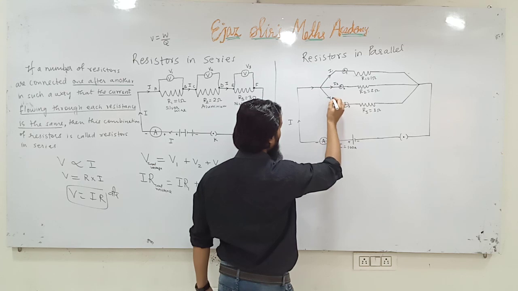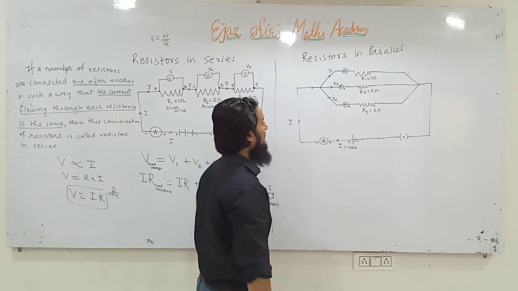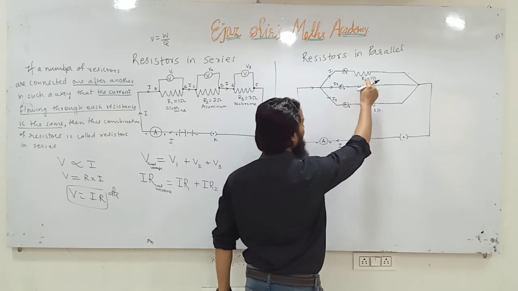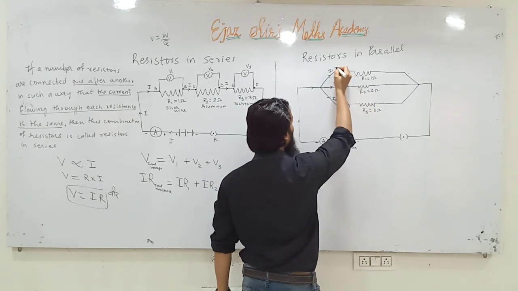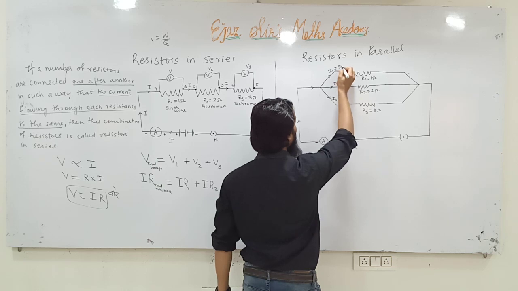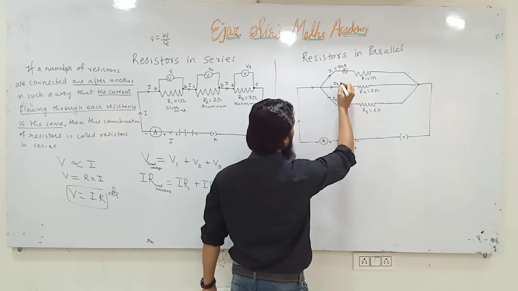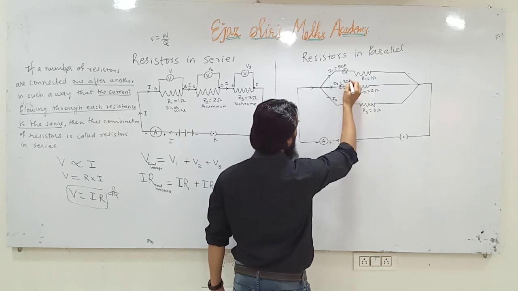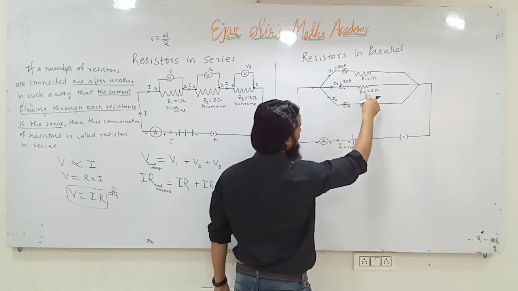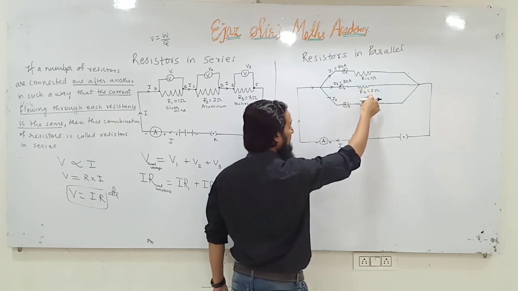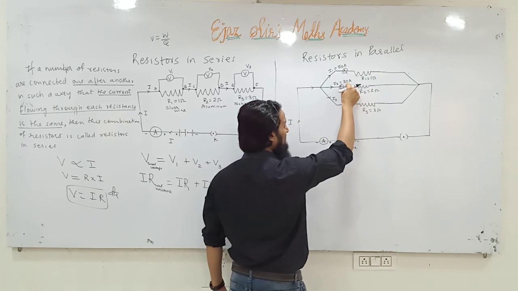The current I3 will flow through the third ammeter, and these 3 ammeters will give readings. Here the resistance is minimum, so the current will be maximum. Let us suppose this current is 50 amperes. Let us suppose the current here is 30 amperes. Why 30 amperes? Because the resistance is 2 ohms. It has increased. Here it was only 1 ohm, here it is 2 ohm. Resistance has increased, the current has decreased.